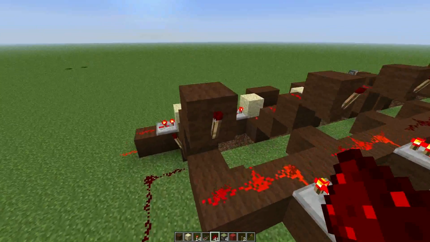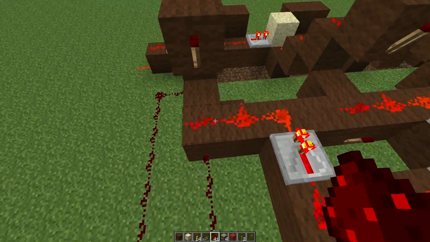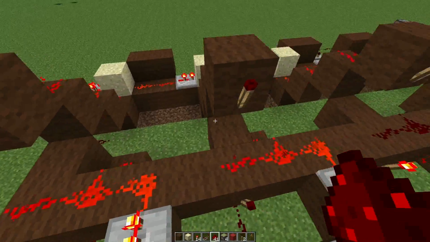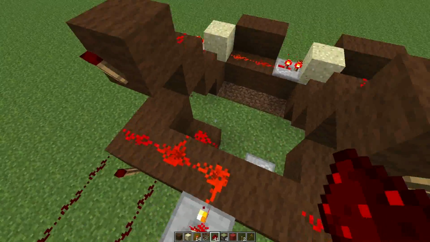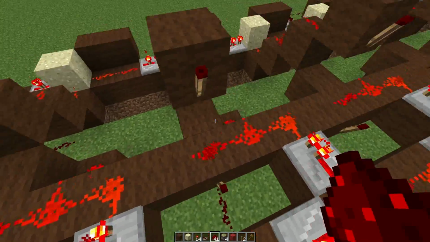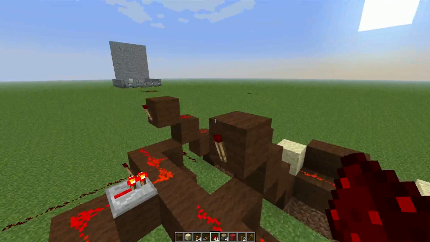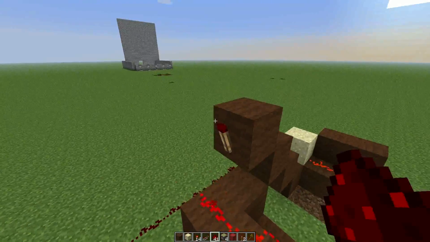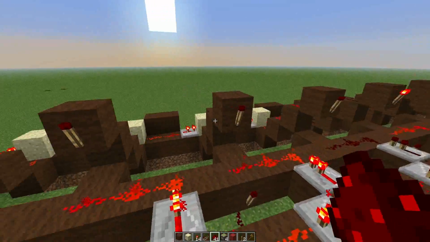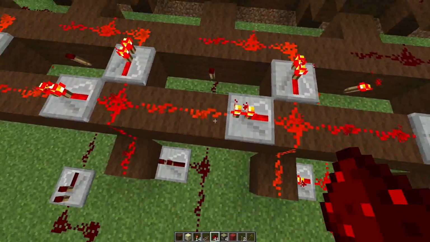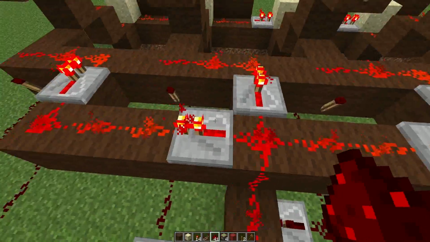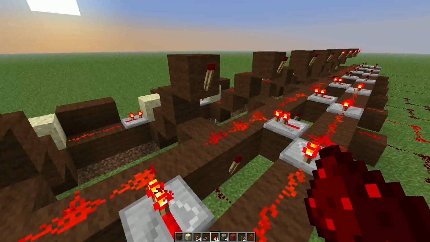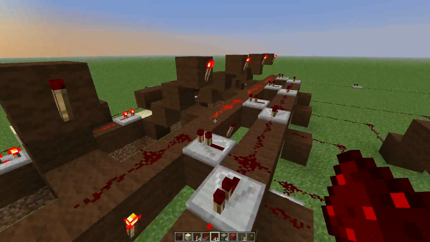So the way I do this is by powering this down here, and then when this one powers on, it resets this one over here. Then when this one powers on, it resets this one, turning this one on again, but it also goes out and resets this wire here, resets all the way down here and resets that one. And then when you get all the way up here,